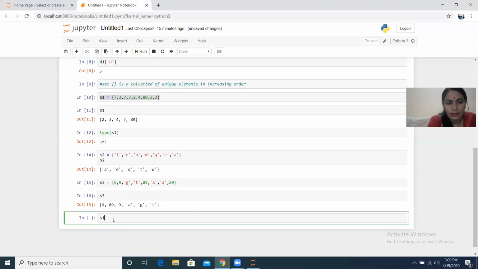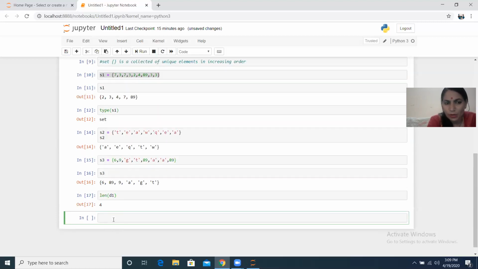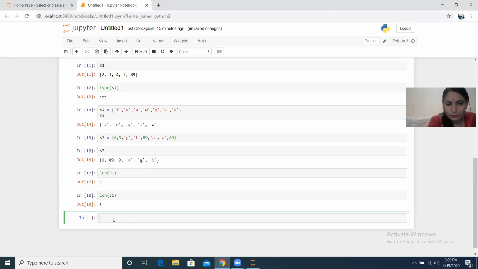Now you see that you can also check certain values in a dictionary using a keyword as well, and you can use the length function as well. Length for D1, you see the output 4, so the total number of records for the dictionary is 4, and you can apply length on set as well, like this. And you can use the in keyword in dictionary and set as well.